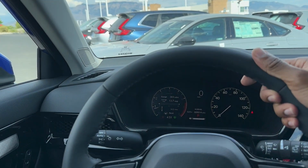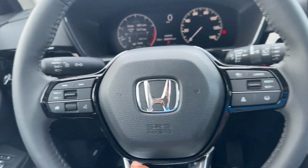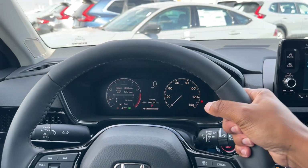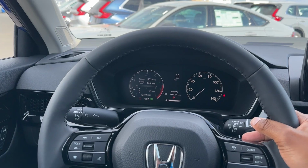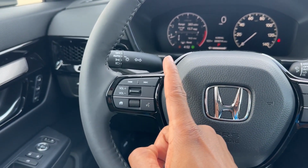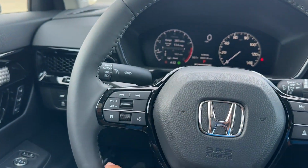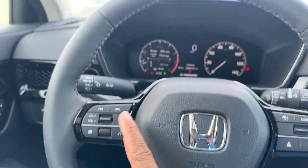On the steering wheel, it is leather wrapped and single stitched. You have some gloss black in this middle portion here, but it's not too skinny and it's not too thick. It's like the perfect size in my opinion. And you do have some controls here. So on the left side, you have your next track, previous, volume. You have a home button for the screen there, voice command, and a scroll wheel for the screen because it's